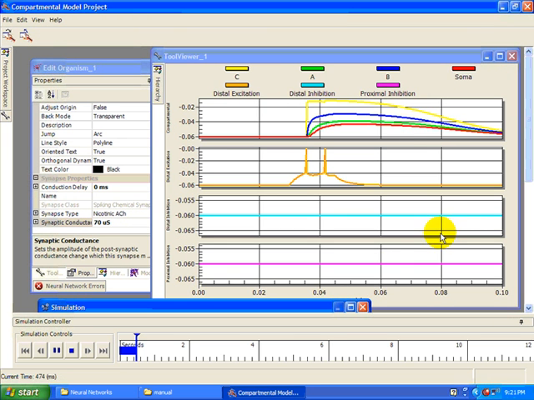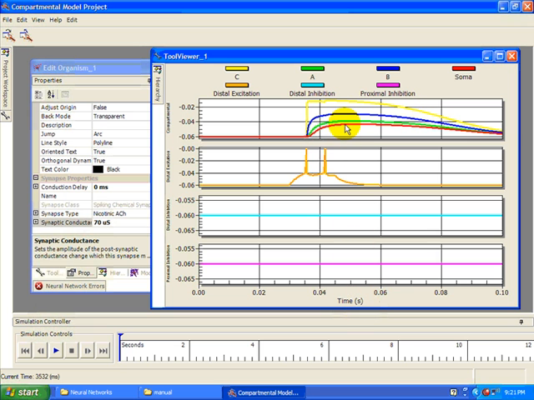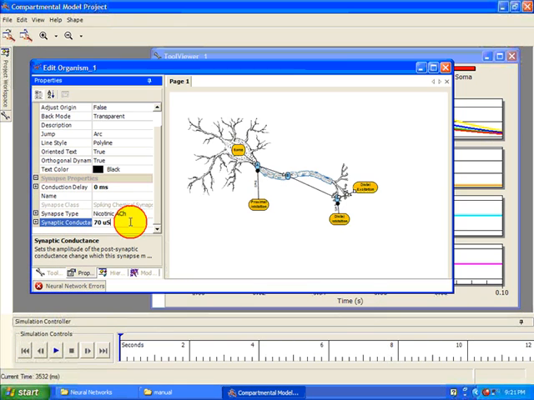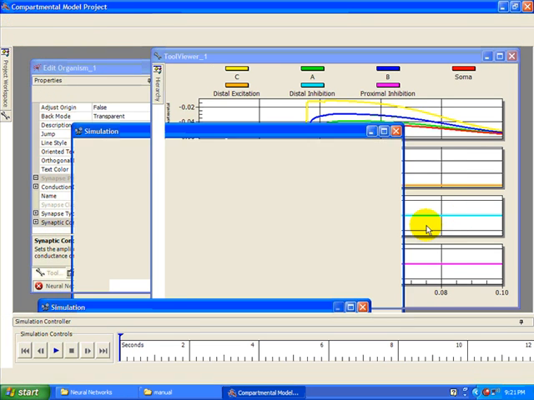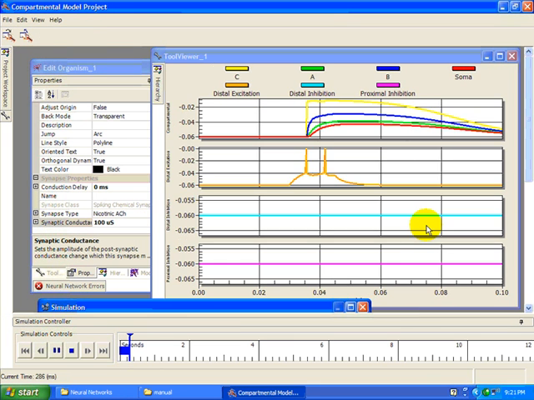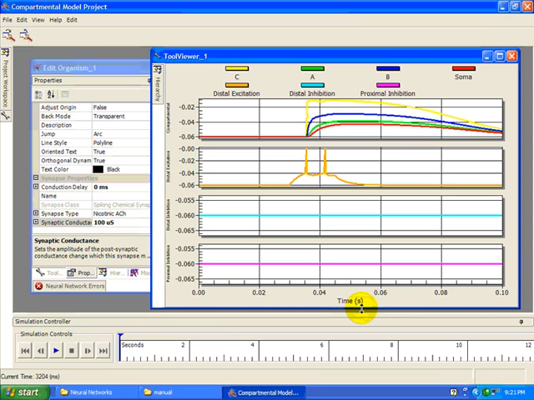At 70 microsiemens, the voltage in the distal dendrite is -12.4 millivolts, and the voltage in the soma is -43.2 millivolts. At 100 microsiemens, the voltage in the distal dendrite is -11.7 millivolts, and the voltage in the soma is -43 millivolts. We can see from this that the voltage in the dendrite is approaching the equilibrium potential of